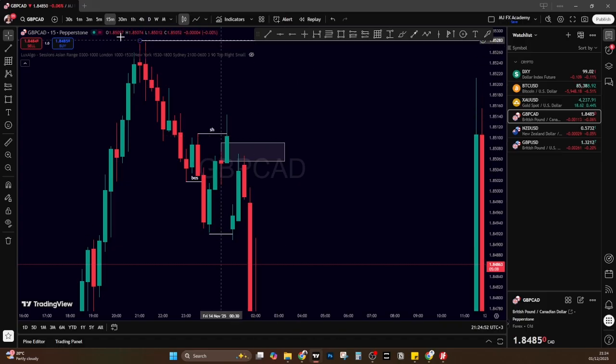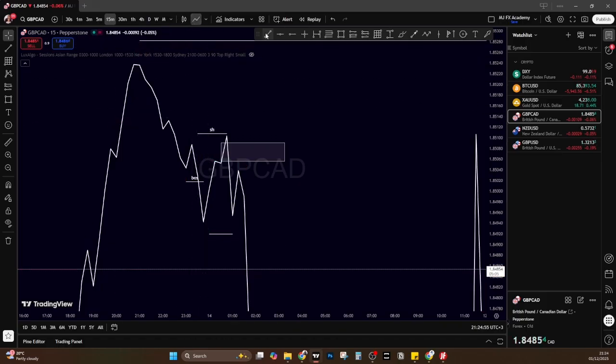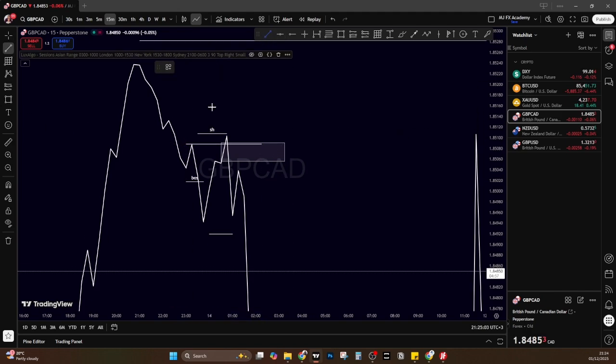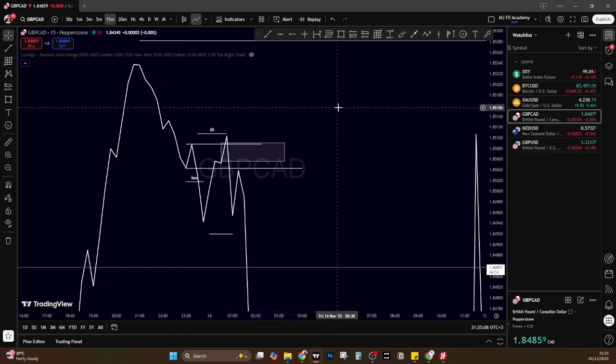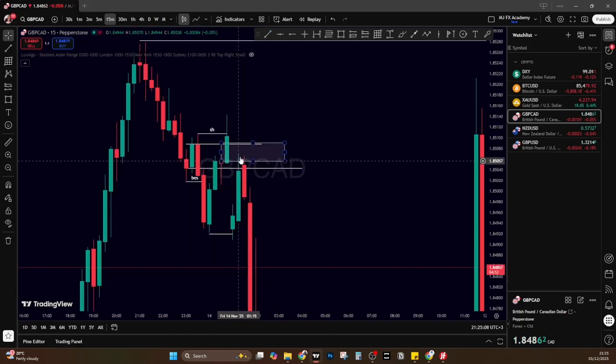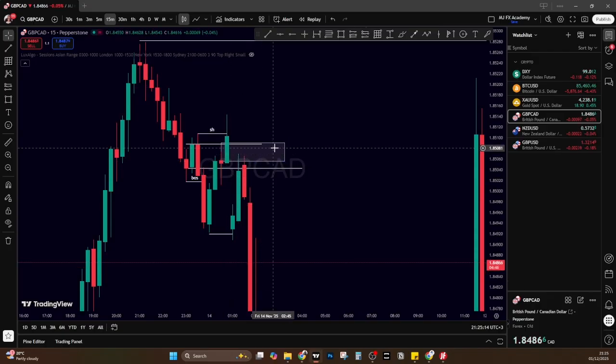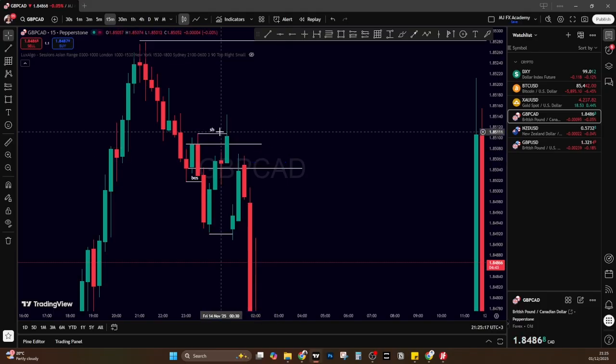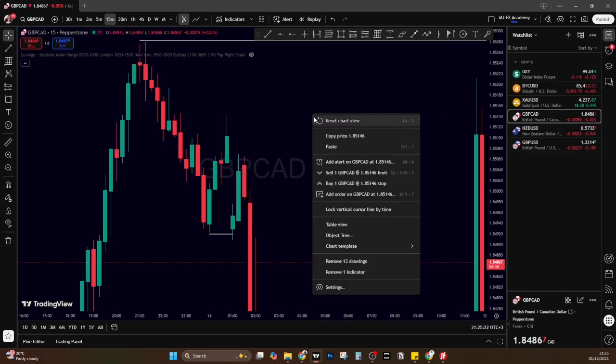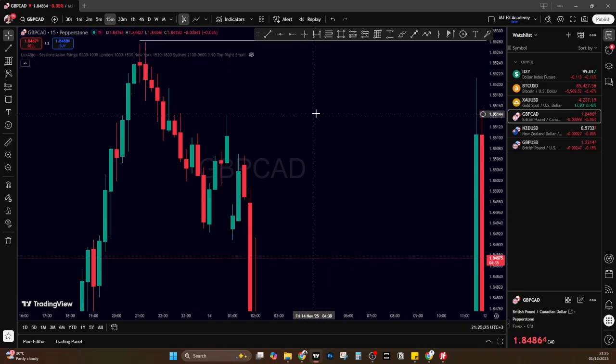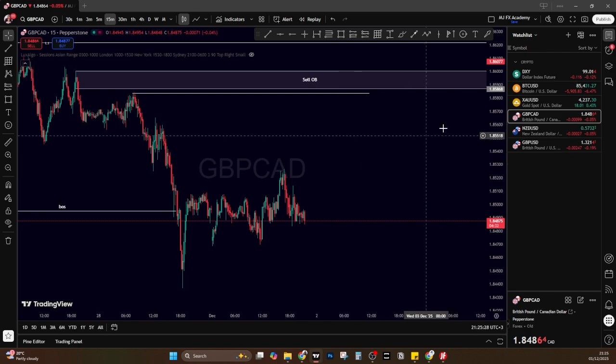Now, let me show you. If you use the line chart here, and this is where we have our QML. This is where we have our QML. Can you see that? Look at that. It is exactly the place where the market came and continued to sell. So that is what we call the QML. But I had done a lesson on QML. I think go on my YouTube channel, you see it. One of the lessons I did was the QML lesson. And I think with that